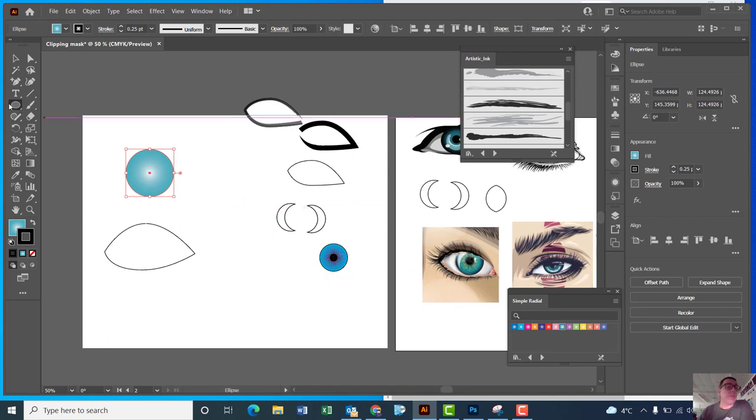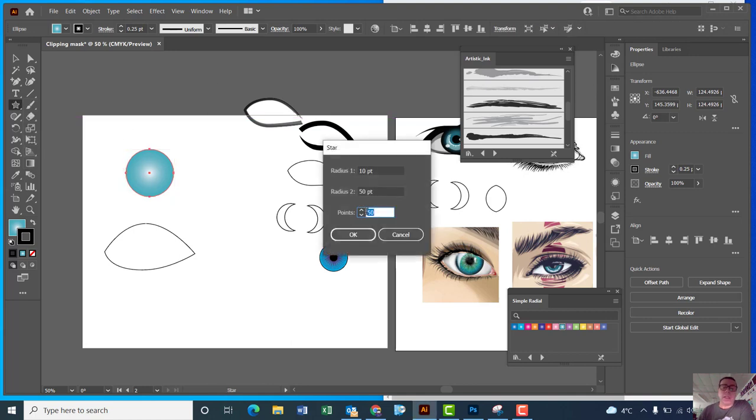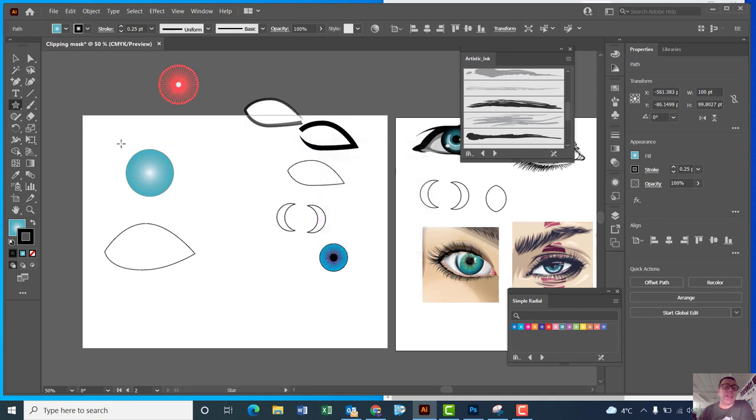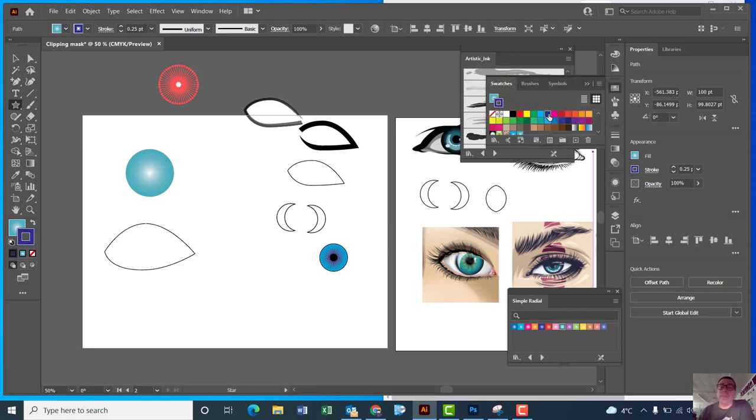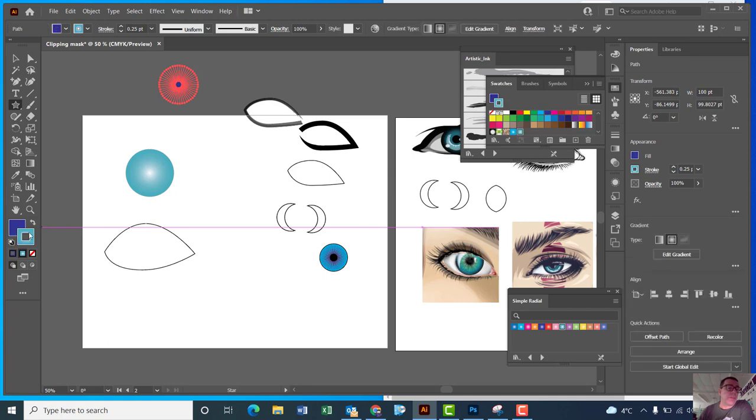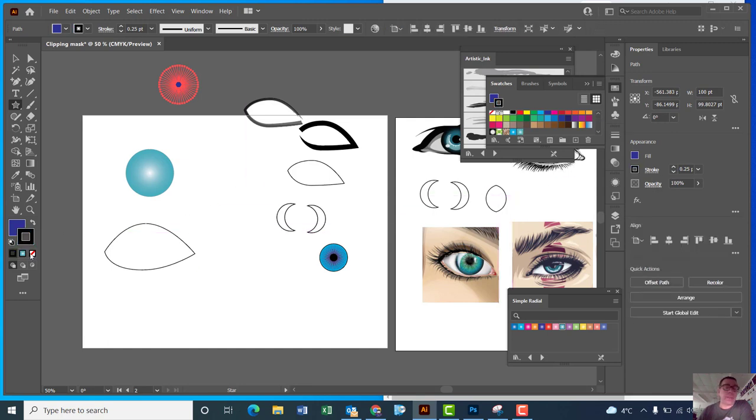Then I usually use the star tool. So click and hold here, and I grab the star tool and go with quite a few points with a really small radius in the middle and so on. Then I go like that, and then I take a version of that color, so maybe something darker to fill it. So that's going to fill it, and my stroke could be exactly the same, or it could be black. And so I could go there with black on my stroke, and then I'd probably make sure it's super thin for this one, because 0.05. Enter. Then I've got a shape,